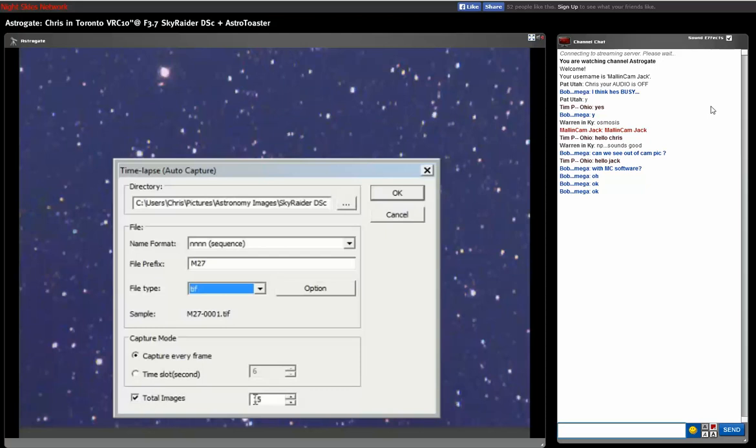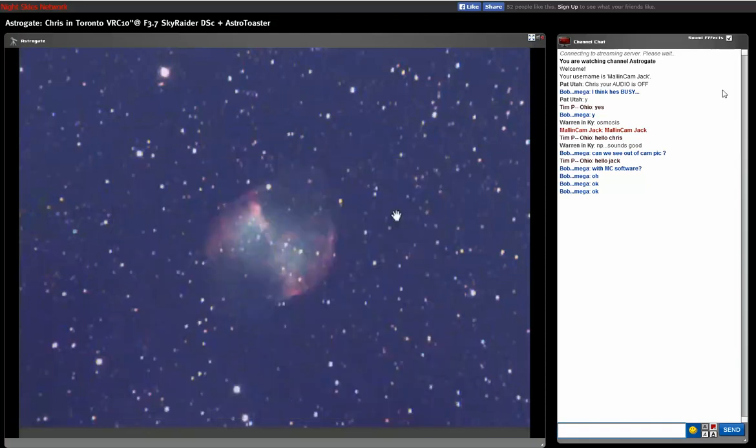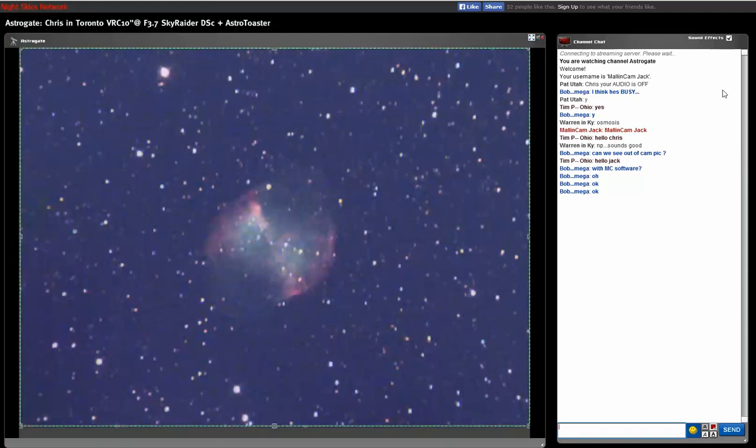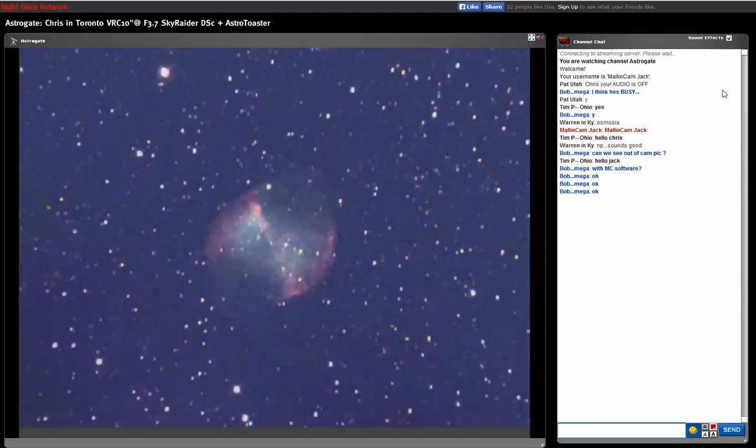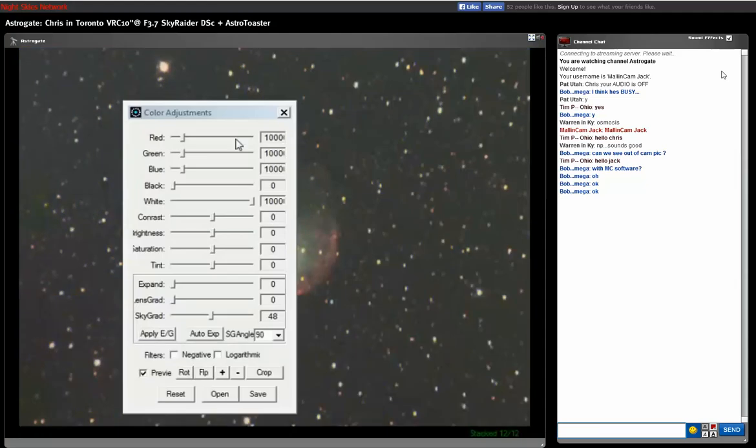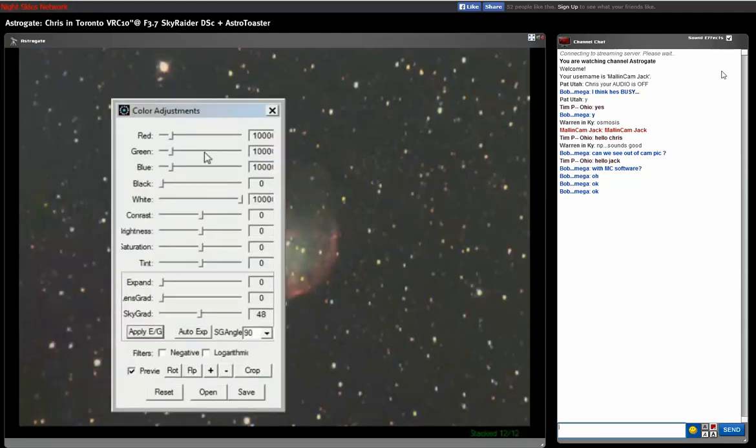And then you can select your images. If you unselect that, you only capture one. So I selected 15. I'll just cancel that because I don't want to capture any more. And then I used dark field correction, had everything set to where I like the exposure time. So the exposure time's about right. I didn't use the gamma, the contrast, the brightness, the histogram, nothing in MallinCam Sky. I just captured the image, fed it into a folder for AstroToaster, and now I'm using this tool, which is